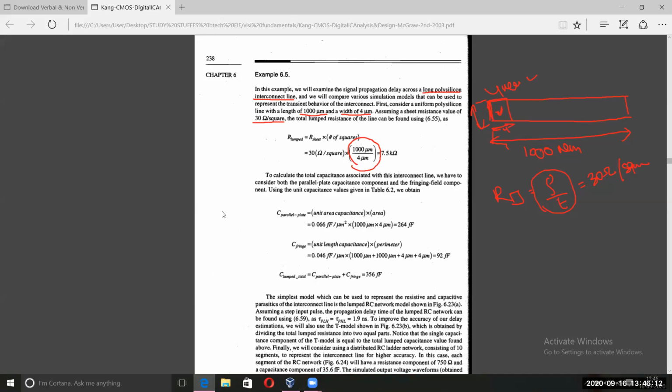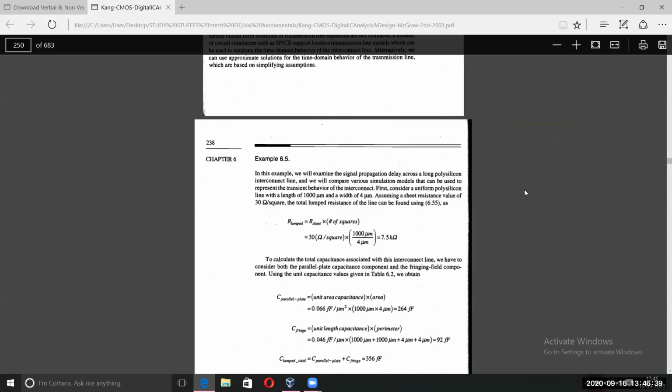Then you have to calculate the capacitance. Okay. Here for the wire we are having two types. That is the parallel plate capacitance and the fringe capacitance. Sir explained the parallel plate. Suppose there are two plates. This distance is the parallel plate, and the side to side is the fringe one. So here we have to calculate the C parallel and C fringe. Here it is given that there is a table. I showed you the table previously.